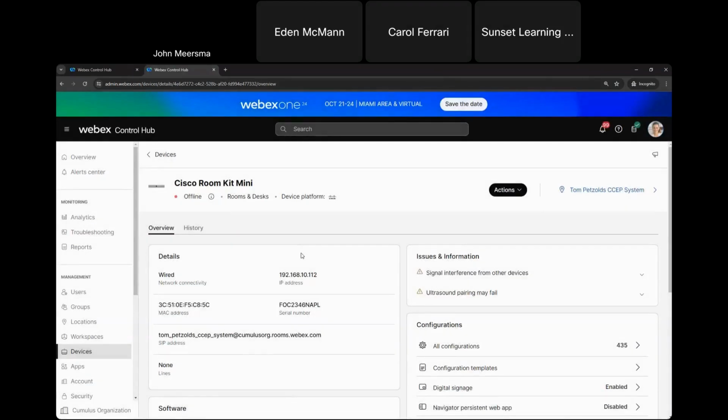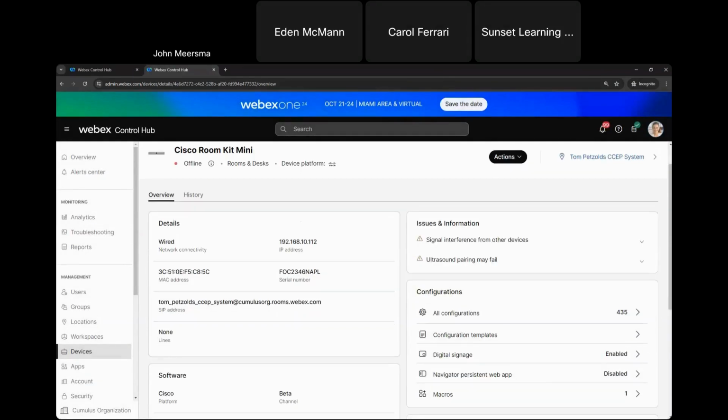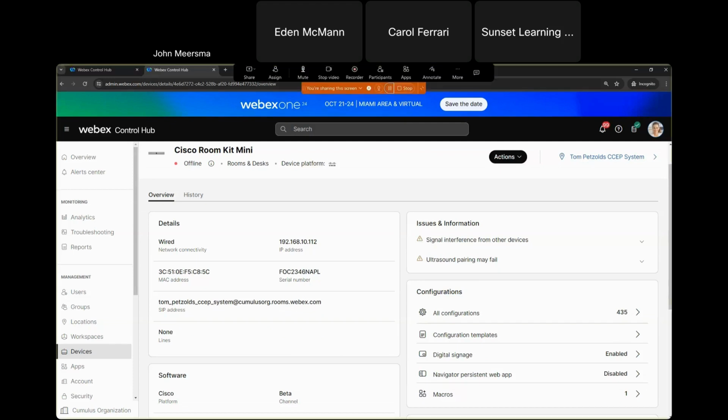Yes, I'm in read-only mode. It'll take me to that device. Oh, I wanted to show you this. I'm glad it did this because earlier I forgot to do this. When we were on devices, this is one of the neatest things. There's a lot there, obviously, but when you click on a device and you select it, let's take a look at this. Configuration,